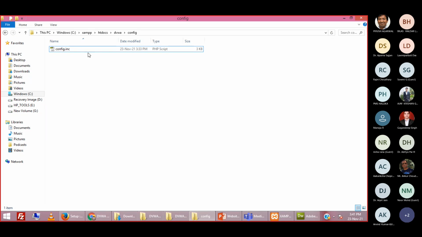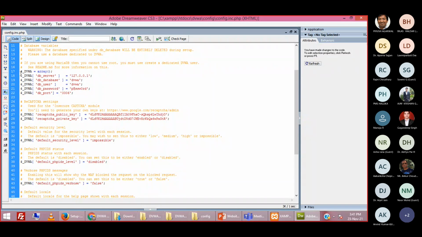So again we go to the dbwa config folder. There you will find line numbers 20 and 21, where the database name is dbwa, the database username is dbwa, and the password is p@ssw0rd.